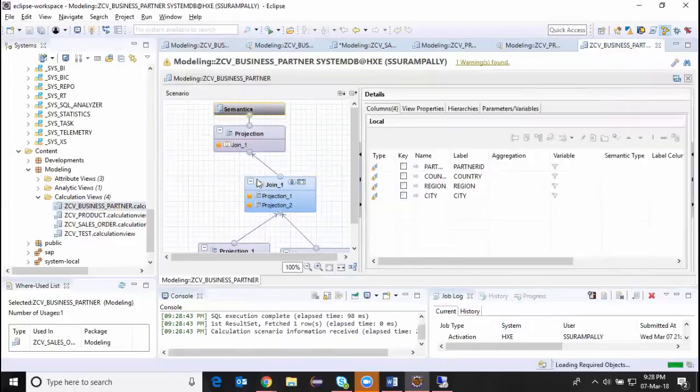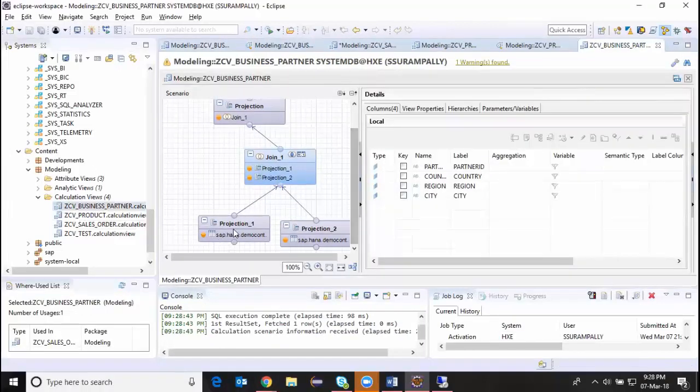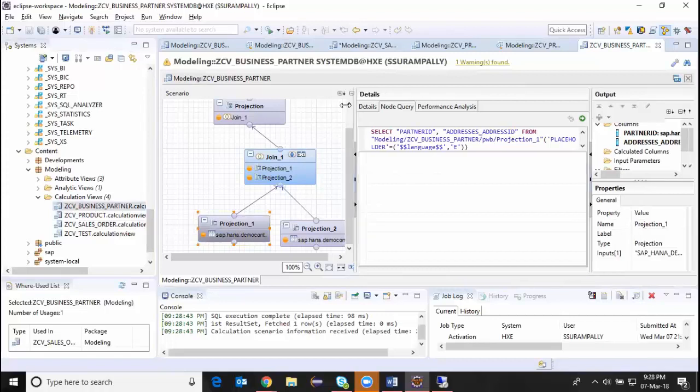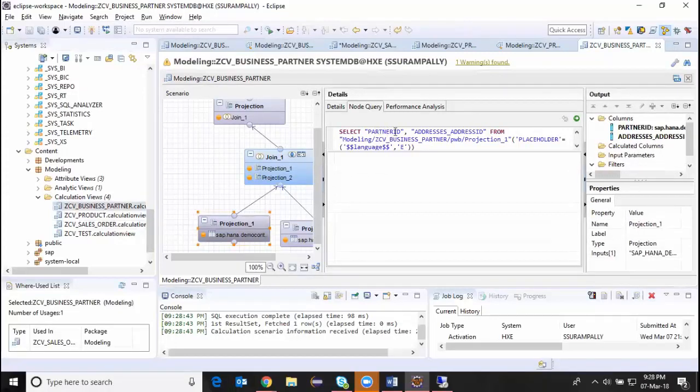So it's going to generate an SQL, and you can see that in every projection here. This is my first projection, projection 1, and there is an SQL generated for this. What it is selecting: partner ID, address ID. Did I select address ID in my report? I don't think I selected address ID. I don't need the address ID